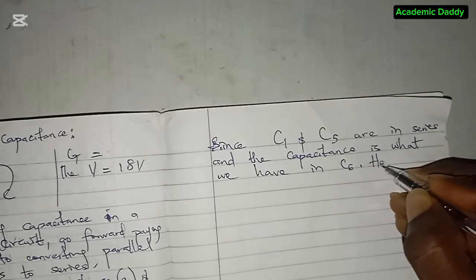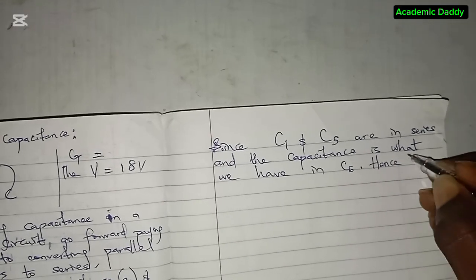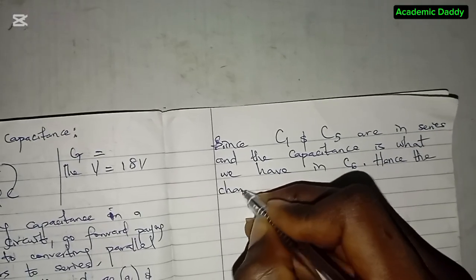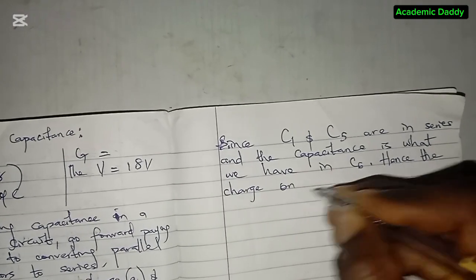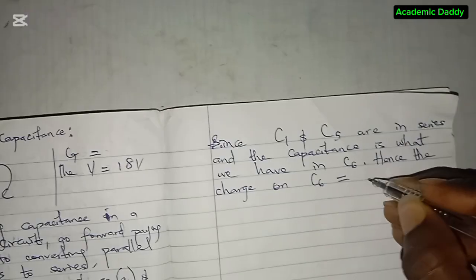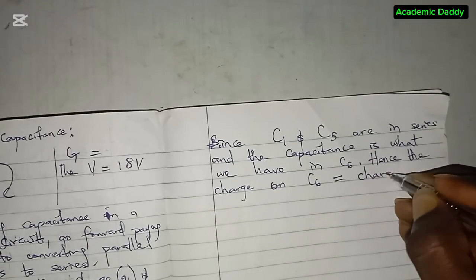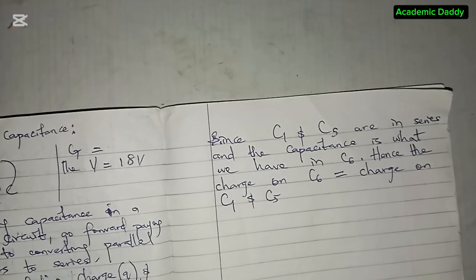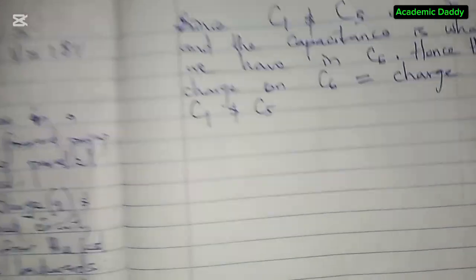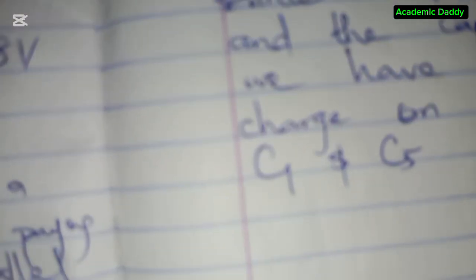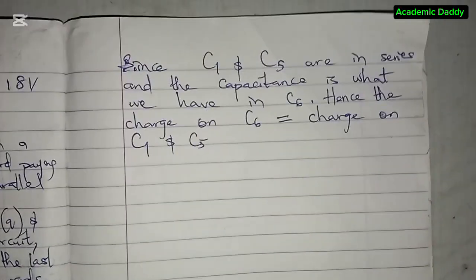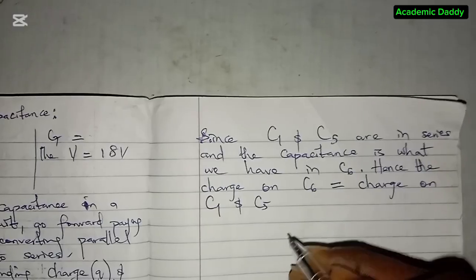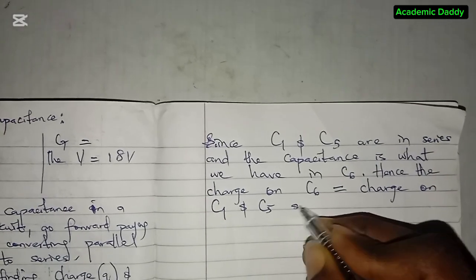Hence the charge on C6 is equal to the charge on C1 and C5. Notice that C1 and C5, they are the same thing with C6. That is the total capacitance. Individual capacitance C1 and C5, they are the same thing with C6. So it equals the charge on C1 and C5, since